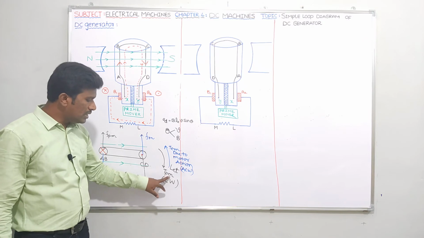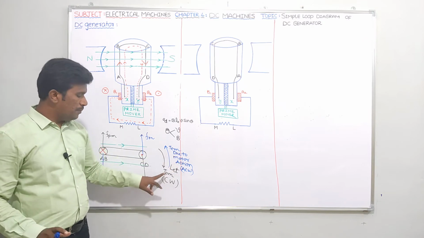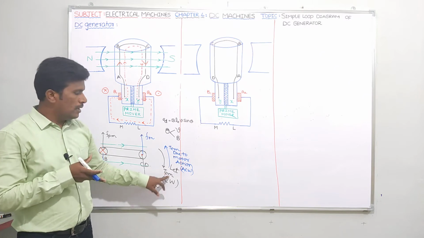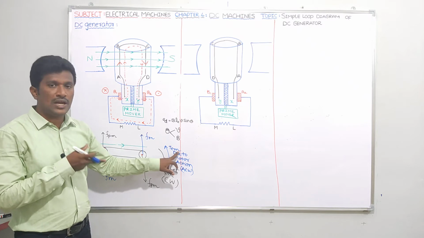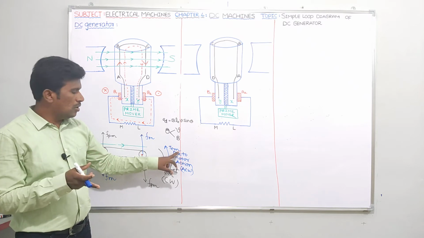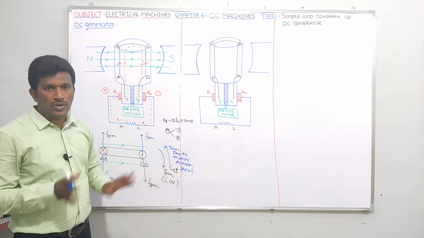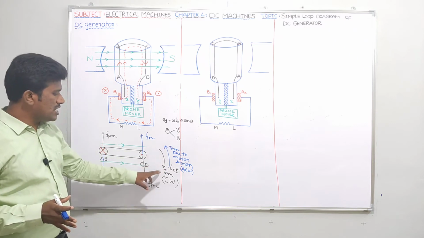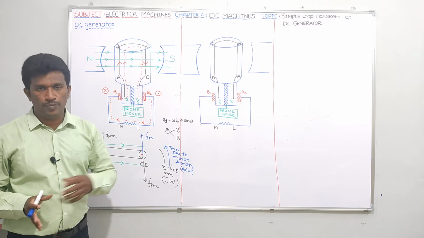T_PM. Prime mover torque should be more than electromagnetic torque, guys. Please don't confuse: T_PM is prime mover torque, related to a mechanical quantity. T_EM is due to motor action, so I can call it electromagnetic torque, related to an electrical quantity. So T_EM opposes T_PM. T_PM should be more than T_EM, then only generator action will come into picture.